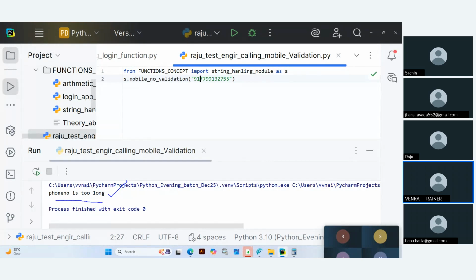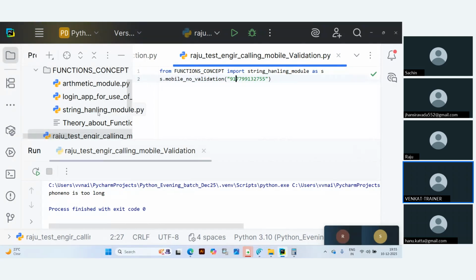So please, I hope you have learnt how to call the built-in functions, how to write user-defined functions, how to organize them in the form of a package, in the form of a module, in the form of a calling function, what the formal parameters are, what the actual parameters are. Is everyone clear? If not, please ask me, and listen to this particular video properly and try to execute it